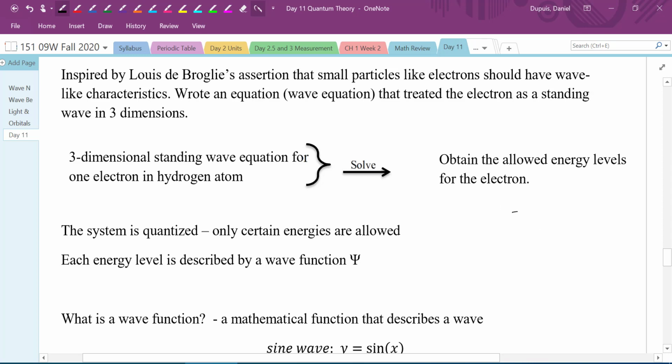H is the Hamiltonian operator. Capital H for Hamiltonian. It's a set of equations